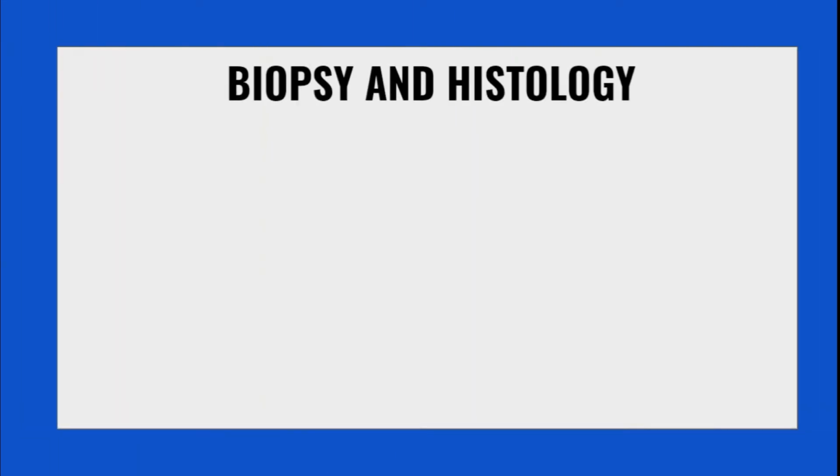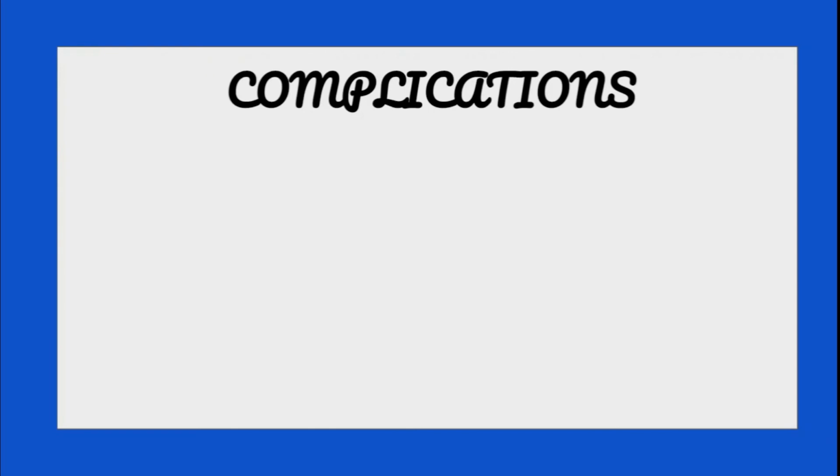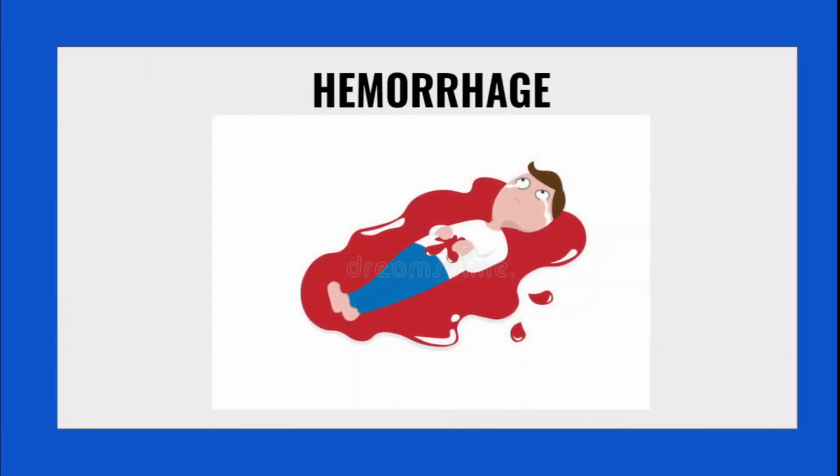As I said earlier, after endoscopy, the sample is being sent for biopsy and histology to check for any cell tumors or cancerous substances. Next, let us discuss on the complications of ulcer. If we go into the complications, if not taken seriously, the first major complication is hemorrhage. So as I said earlier, this is the extreme form of peptic ulcer, and it may cause hematemesis and melena, that is bloody stools. The color of the vomitus can be bright red or coffee brown color.